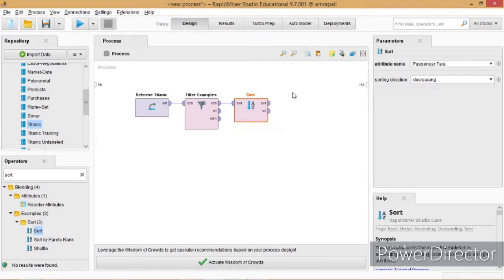Then connect the sort output port to the result port on the right of the process panel. Now this process is ready to run. To run the process and inspect the result, we will click this blue button, that is start the execution of current process.